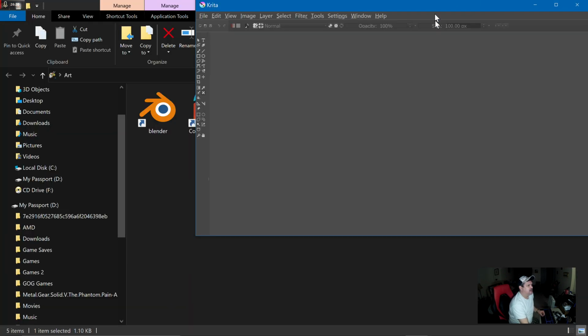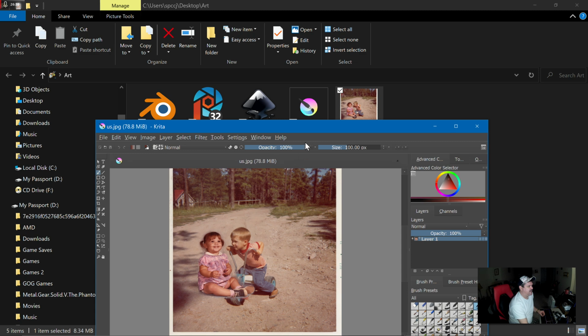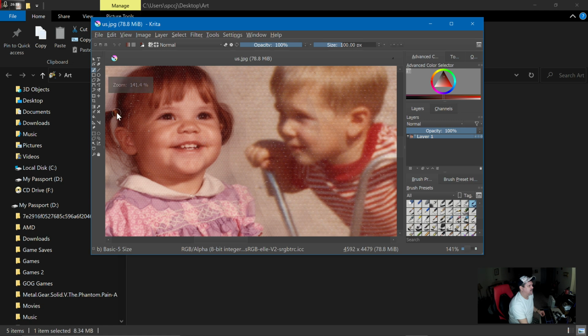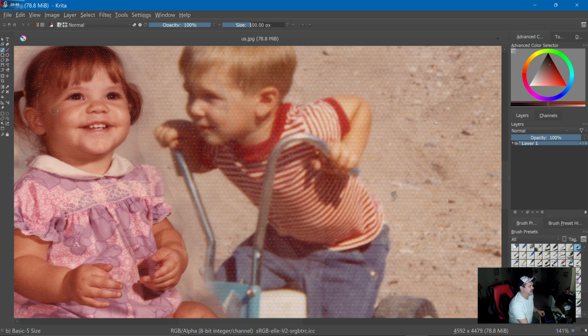Matter of fact, yeah, it's just dragging this picture. A couple kids here, and there's like some spots in here that are not great. So like this spot here, just hit the Band-Aid. Come over here, tap it, boom. Thinks about it, tries to fix it best of its ability. You know, that's not a perfect fix, but I had a huge circle, which can be changed by the size here,